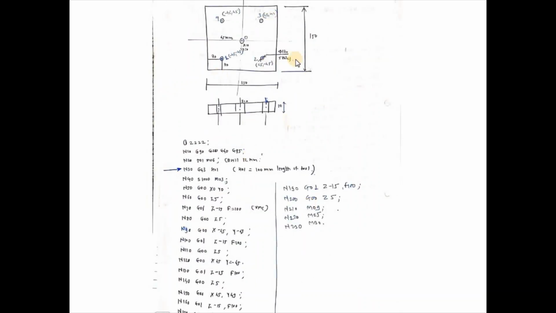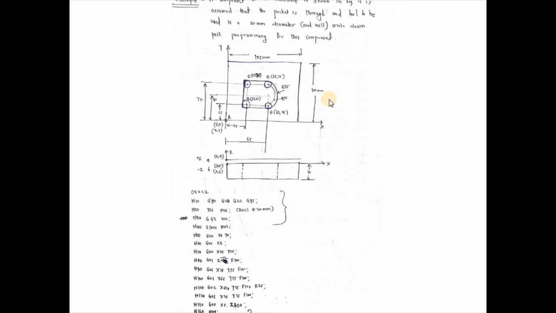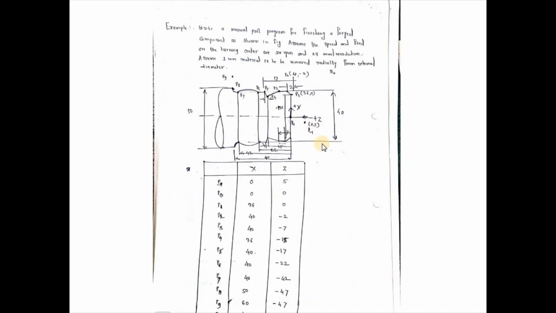Now you can see another program for your exercise, which you can solve. There are 5 holes and 1 centered hole. You can take this as the reference hole and start numbering 1, 2, 3, 4, and from this prepare the operation table and then go for the programming. This is also a cutter compensation program. There is one more problem here, also for exercise. You can read carefully, and you have to prepare the table carefully.